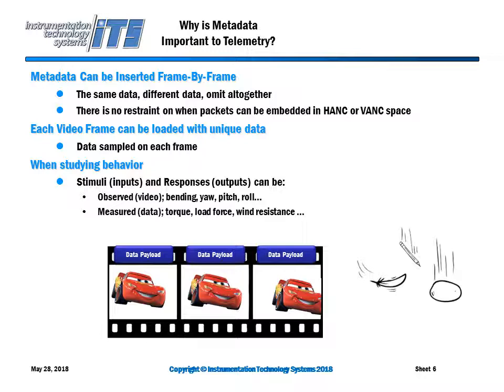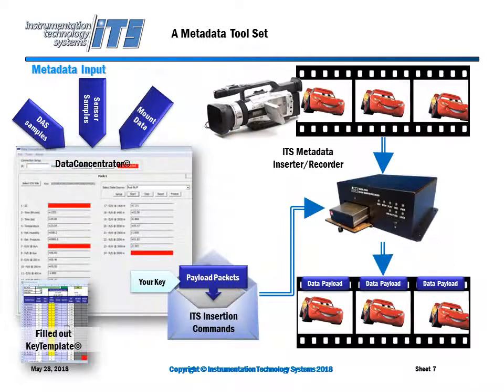So each frame then can be data that is sampled relevant to that particular image. So if you see something bending, you see something moving, you see something coming apart, you see something imploding or whatever, you can actually see other data from other sensors sampled at that particular time and get a better sense of what's happening with a device or